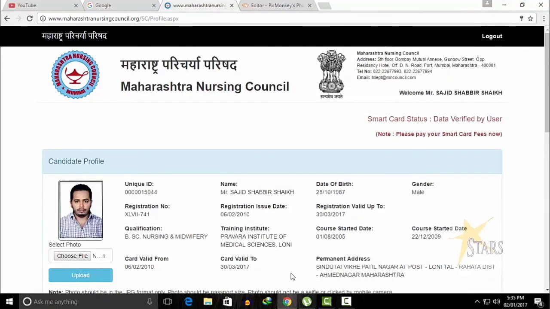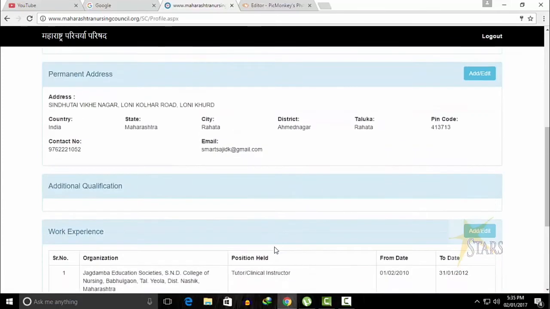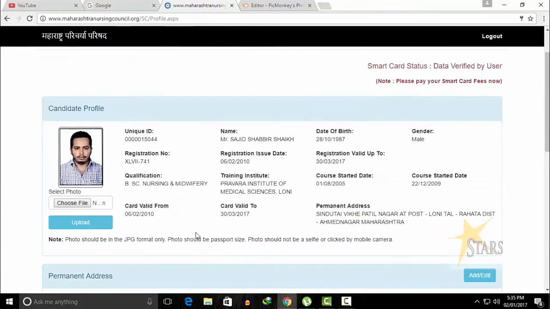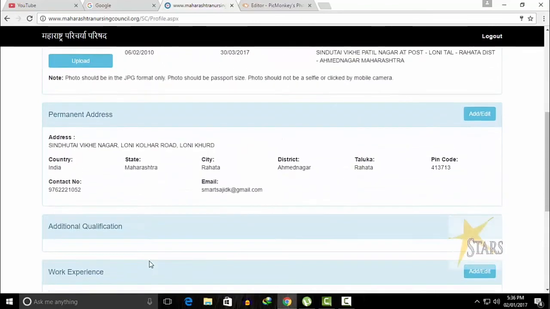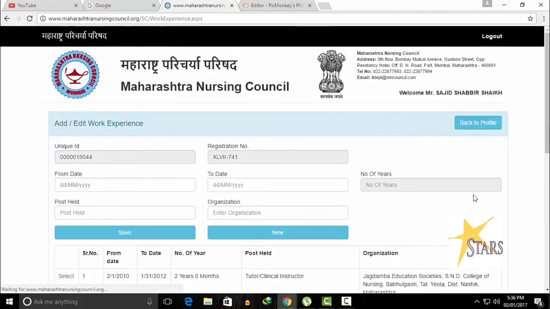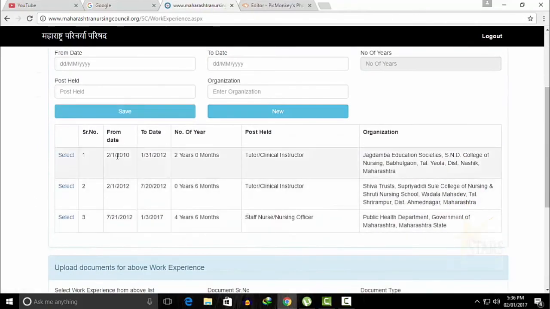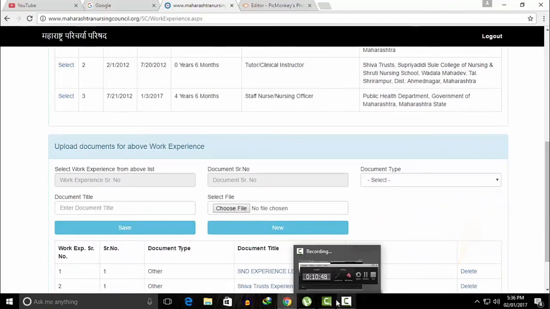Here are the details which I have already filled. I have uploaded my photo. I have seen all the details are correct. I have edited my address. I have added complete work experience and all the related documents I have uploaded from here.